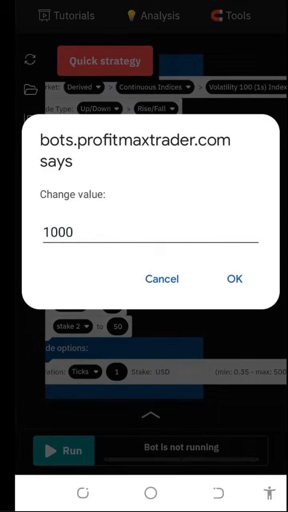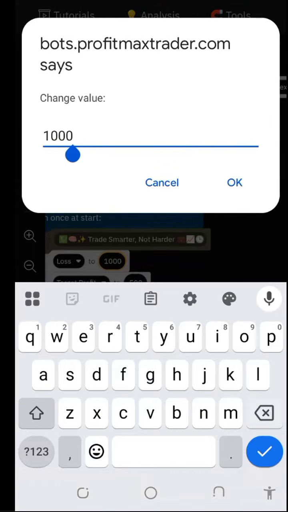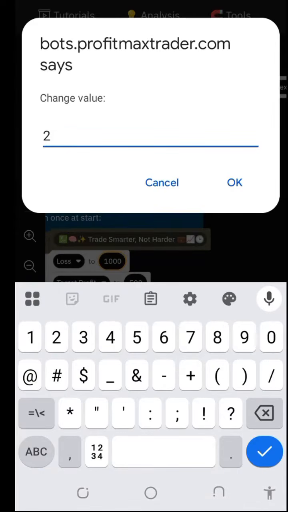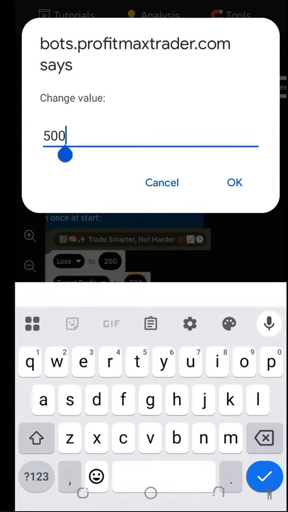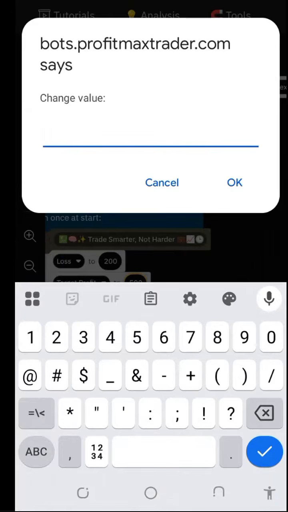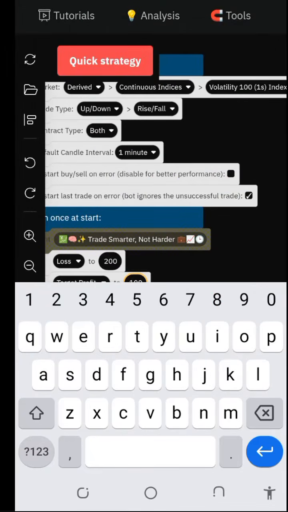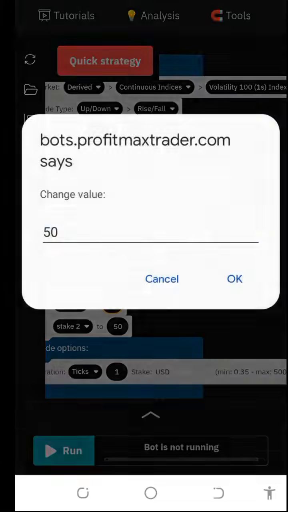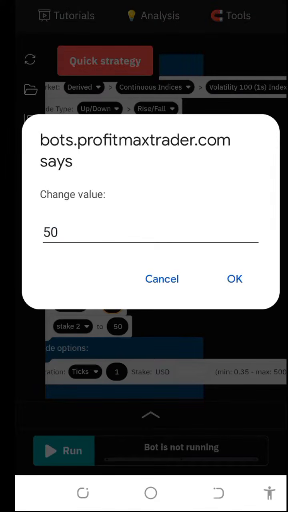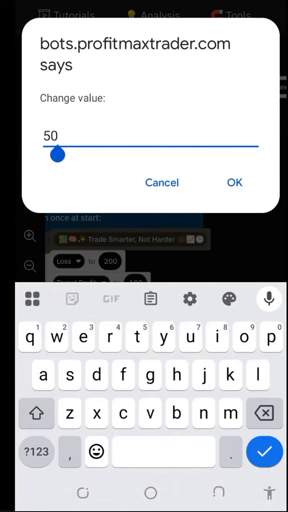Okay, so adjust your stop loss. We had $360 something there, so stop loss at $200, and then we are going to set our target profit at $100, and then now we come and input our stake. So we'll be staking around